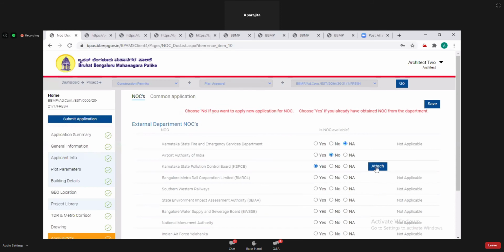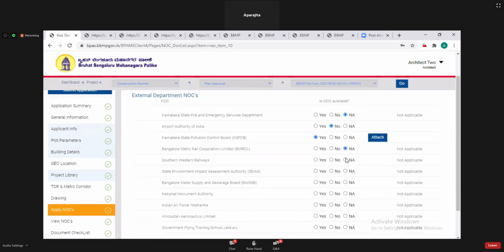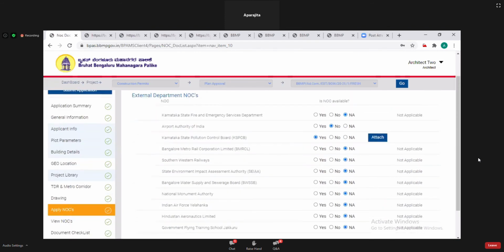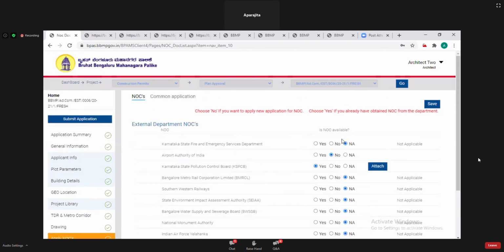Then you can get the attachment for that NOC certificate. So now I am selecting not applicable for this NOC department. I will show it for one department.